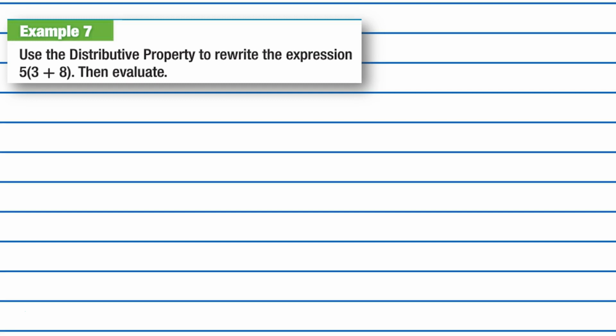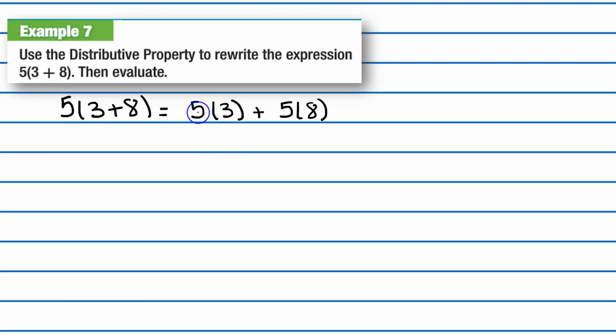So we want to use the distributive property to rewrite the expression 5 times 3 plus 8 and then evaluate. Remember, evaluate means to solve. So we have 5 times 3 plus 8. And we want to rewrite this. Well, think about the picture from before. We want to distribute that bird to these two birds. So we have 5 times 3. This plus still stays, plus 5 times 8. The 5 gets distributed to everything inside the parentheses. In this case, we only have two